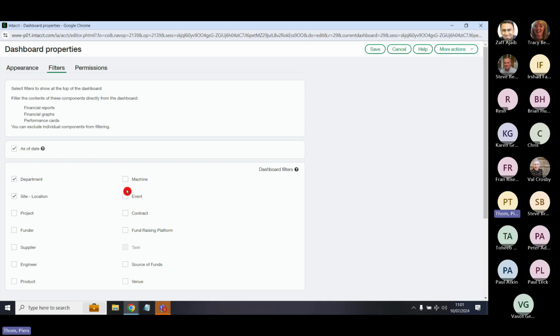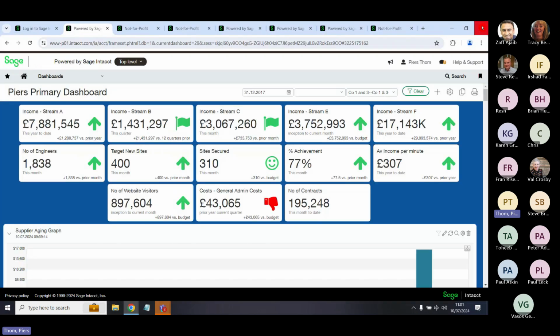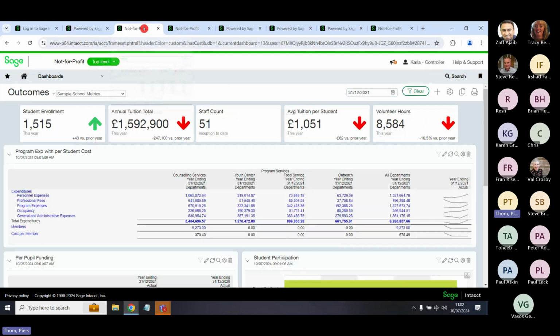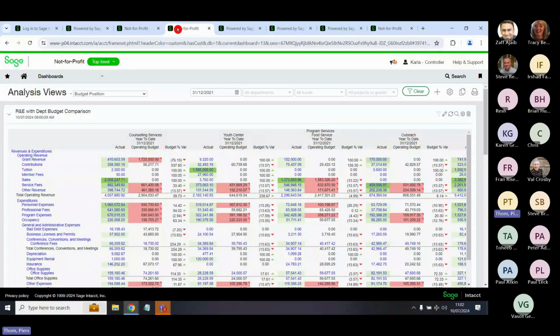Have as many as you wish and call them what you wish, based on how you need to report or analyze. But in essence, it means that we reduce our reliance on Excel for reporting because the finance system has way more granular detail than just a nominal code and a department or indeed a cost center. So for many customers, that concept of dimensions allows them to truly not only record the data, but then view and report it. For example, if I pop across again to one of my examples where we were looking at